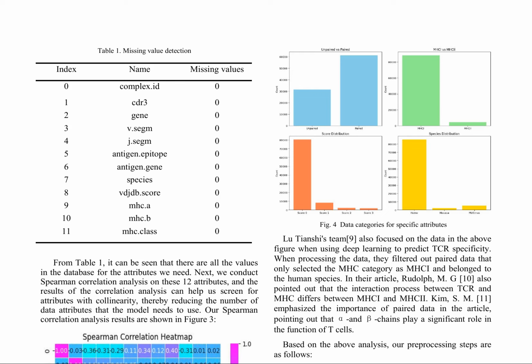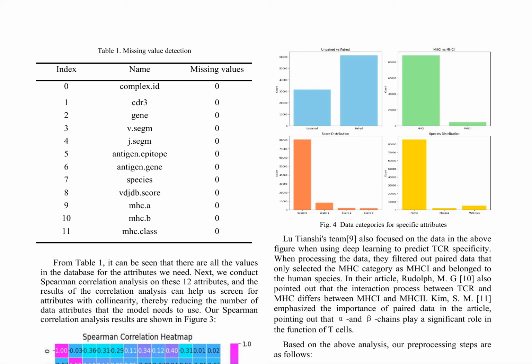A Spearman correlation analysis is conducted to identify collinearity among these attributes, revealing high correlations between MHC class and MHC B, as well as between J gene and V gene. To avoid collinearity issues in the model, it is necessary to exclude highly correlated data attributes from simultaneous use. Data categories for specific attributes are also analyzed,